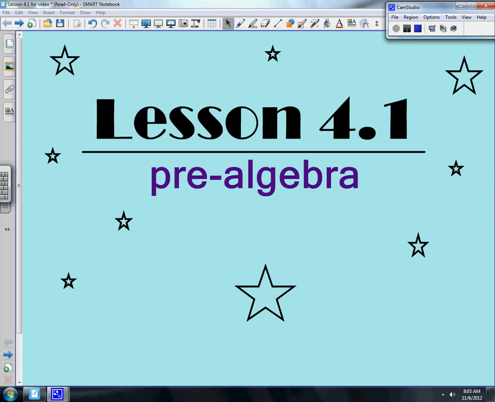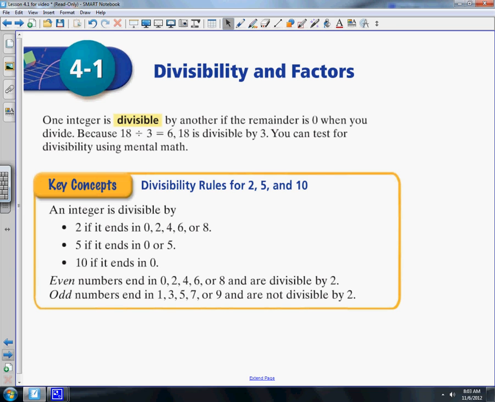Hey guys, this is lesson 4.1 for pre-algebra. 4.1 is divisibility and factors. So you need to title your paper 4.1, divisibility and factors, and then you need to write down this highlighted